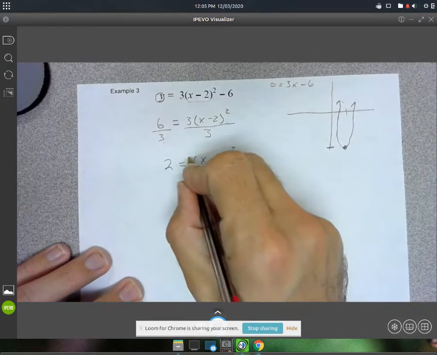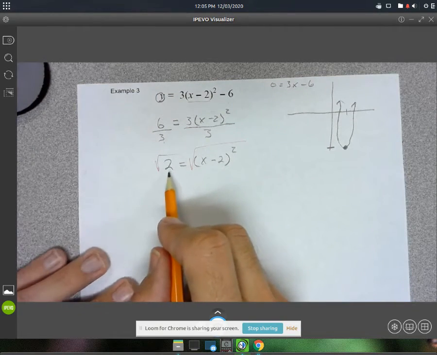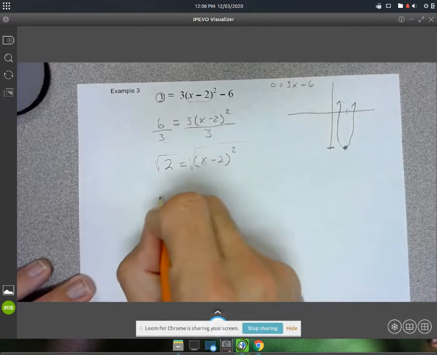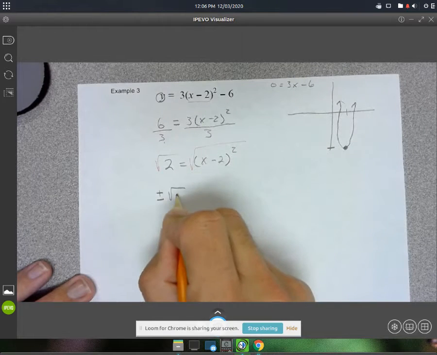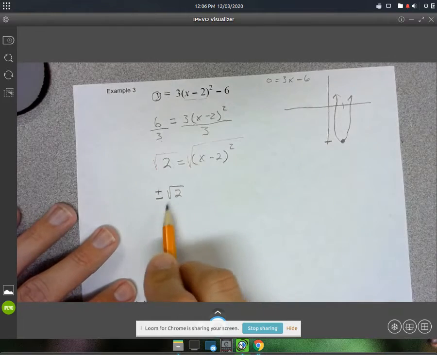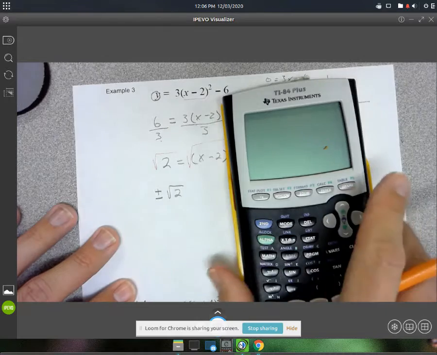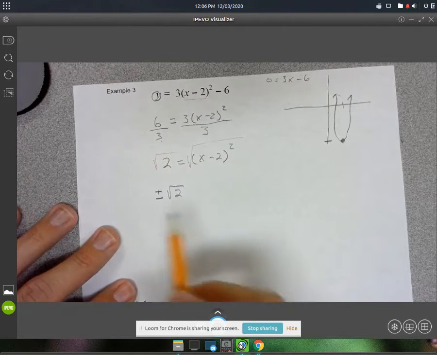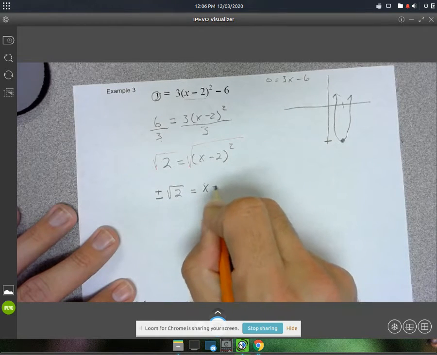Okay, so square root. Now this is going to be nasty. We could do this as a decimal, or we could leave it as the square root. I mean, you could do that right now, but either way, it's going to be plus or minus. Now, I like leaving it as the square root, I guess because that makes sense to me, but this is what they call the exact answer. If you made it into a decimal, like square root of 2 on your calculator, that would just be an approximation. All right, so this is going to be plus or minus root 2 is equal to x minus 2,